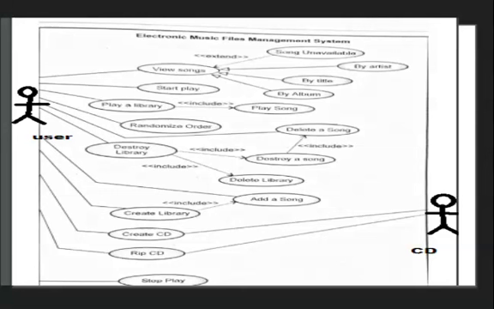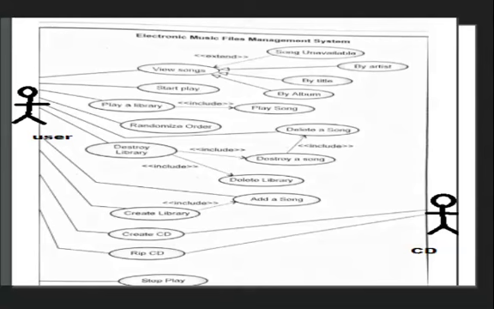Okay, and then view song. If he wants to view a particular song, then he can choose by album, by title, by artist, or if that particular song is not available, then he will get a message, song unavailable.